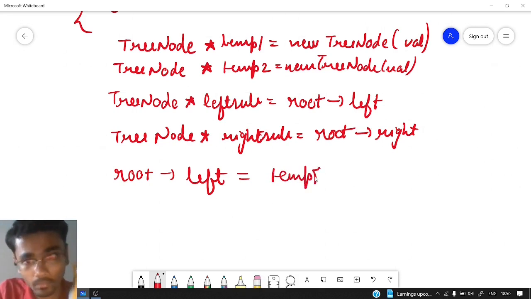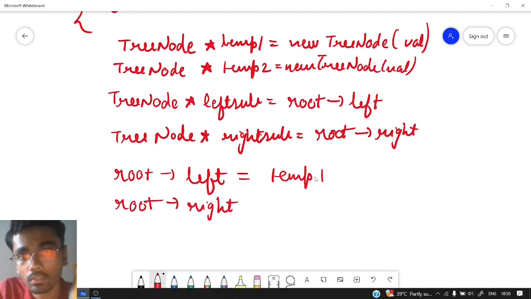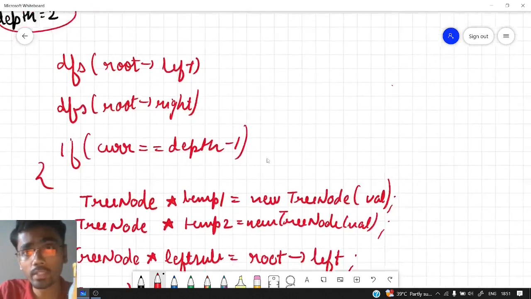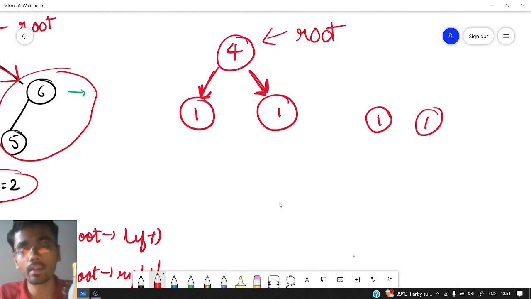And root's right, the right child, will be equal to temp2. We need to put all the semicolons also. Now after putting both the left child and the right child, our current scenario would look something like this. So we are currently in this kind of situation.